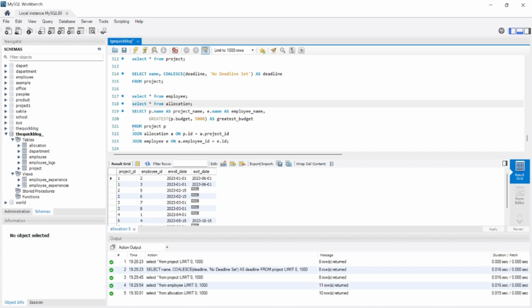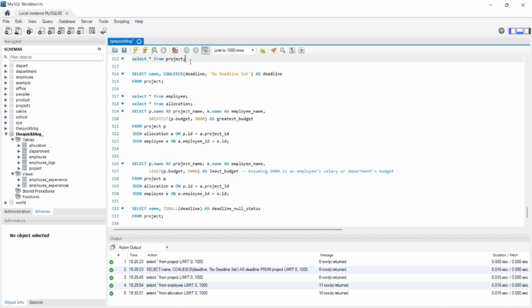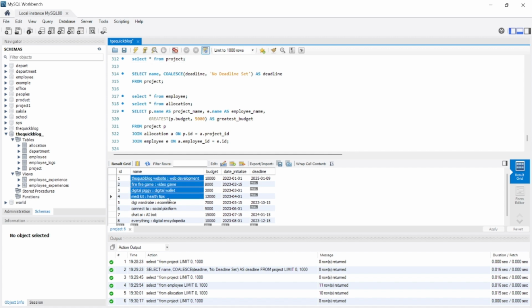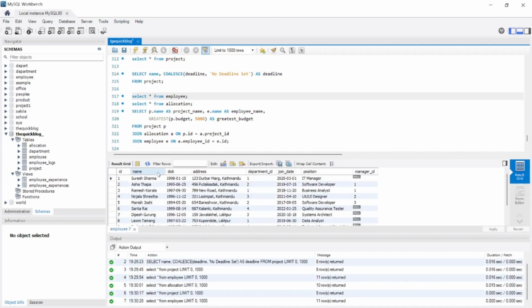Now we are going to select name of the table project as project name. If we see here, these are the project names, and we are going to select it as project name. Similarly, we have a table employee where there is also a name field, and we are going to select name of the table employee. This E symbolizes the table employee, and it is going to be selected as employee name. And we are going to